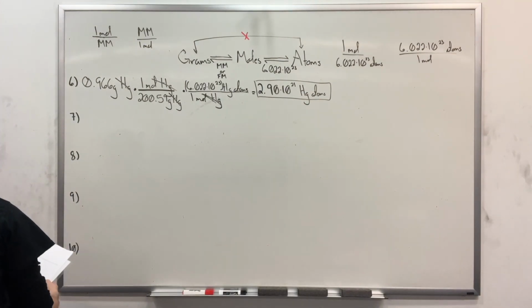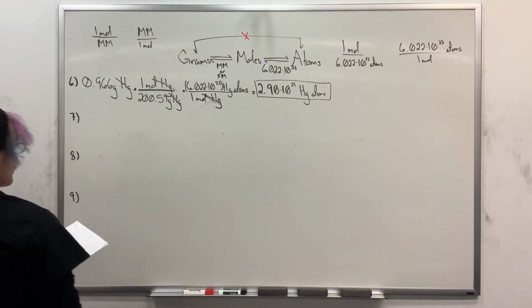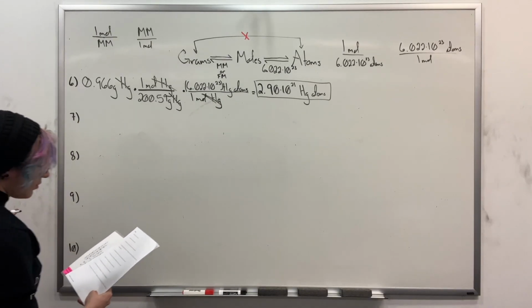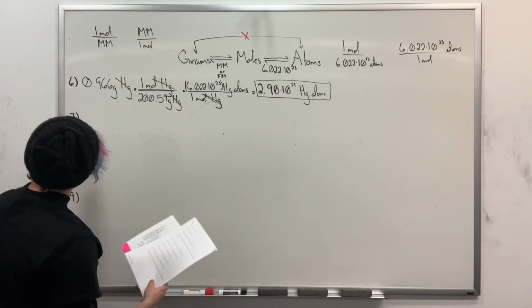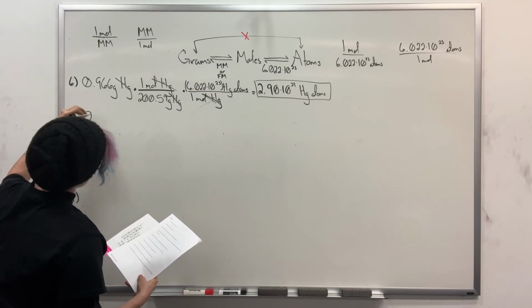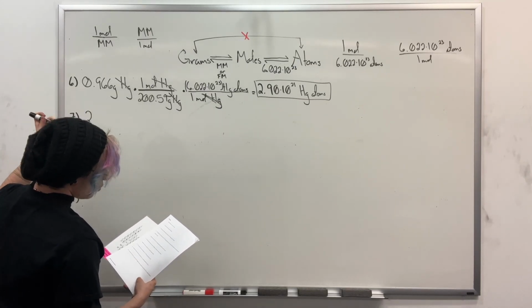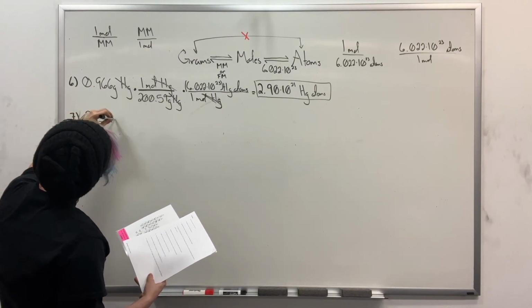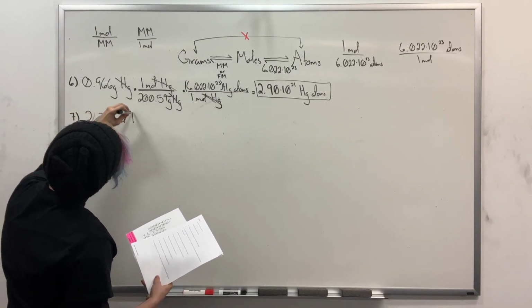For number 7 and for number 8, we are taking a step back a bit. What is the mass in grams of 2.37 mole sample of lead oxide? So we are starting with moles, and we just want to get to grams. This is a one-step conversion. 2.37 moles of lead